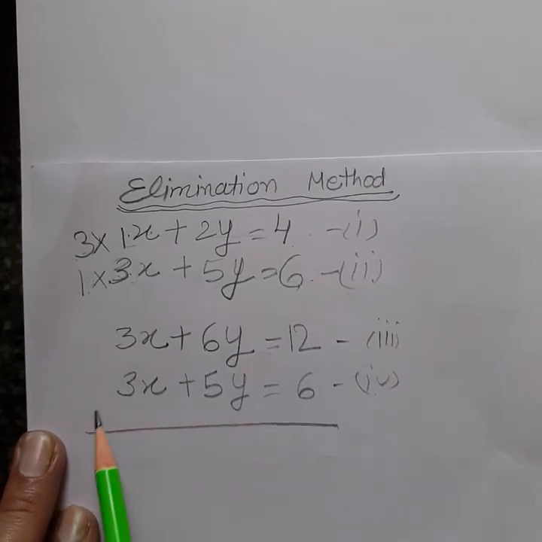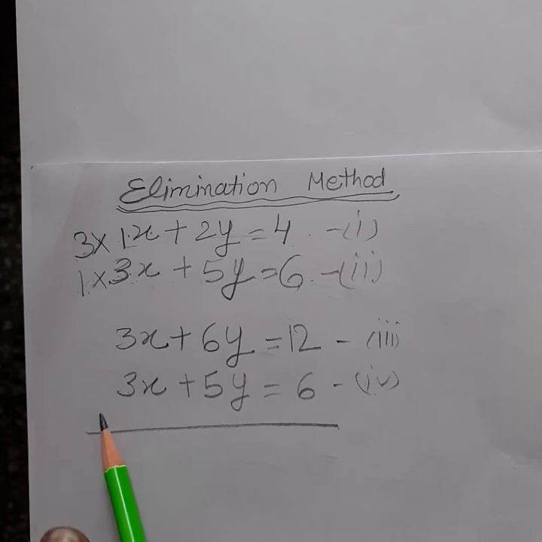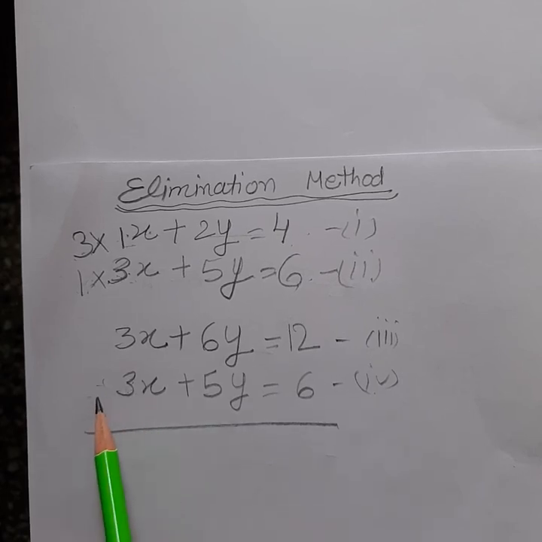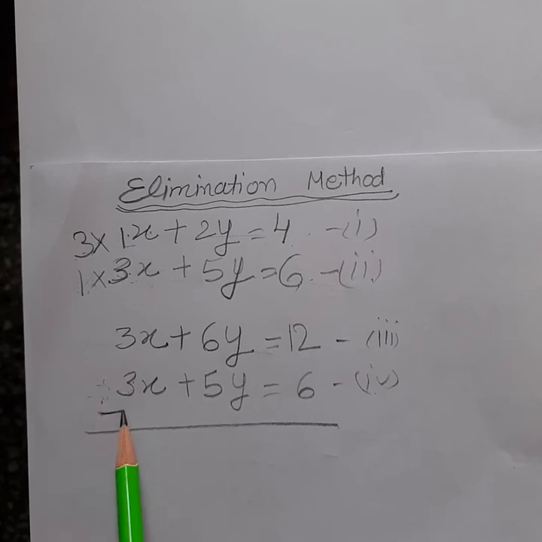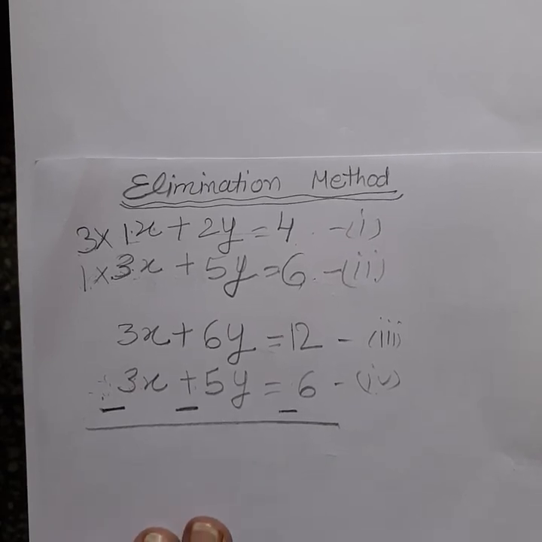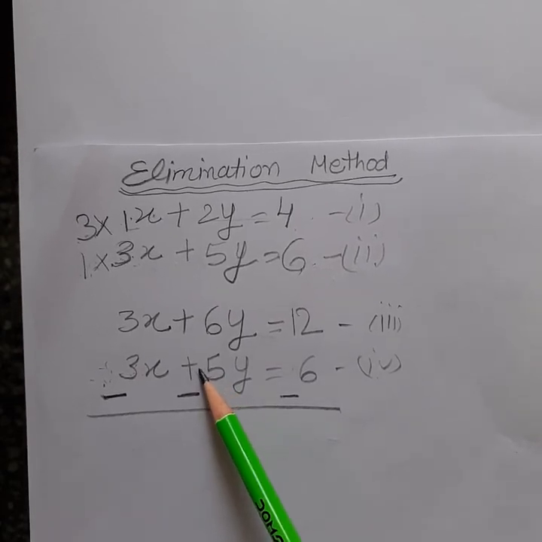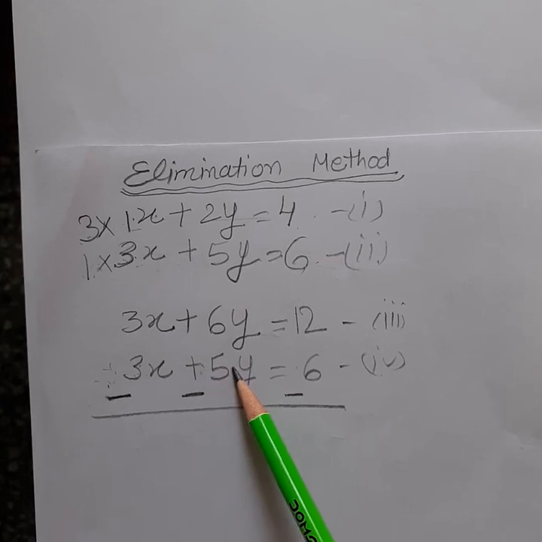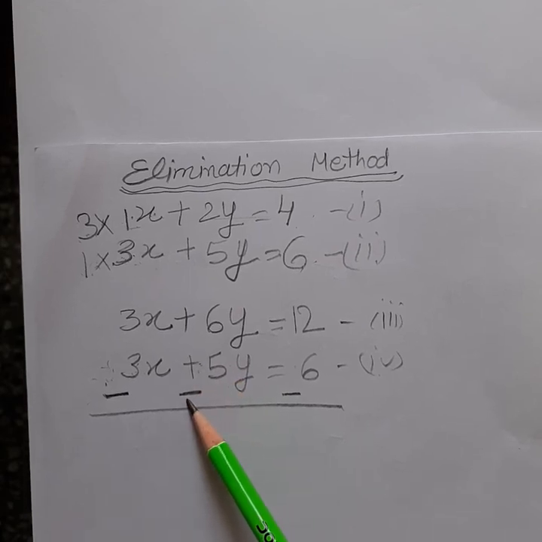Okay, now we have to change the sign of these equations. If you have a plus sign, or if you have no sign in front of any constant or variable, then you can take it as plus, and we have to change the sign, so we write here minus. The opposite of plus is minus, and also we write the sign of minus. If, students, you have a minus sign in your term, then you write the sign of plus.